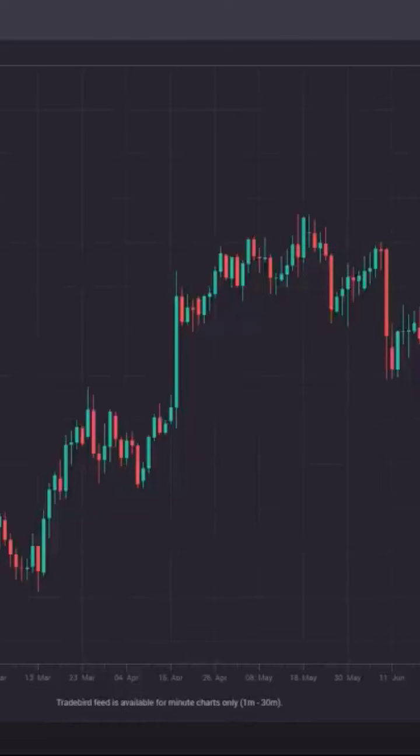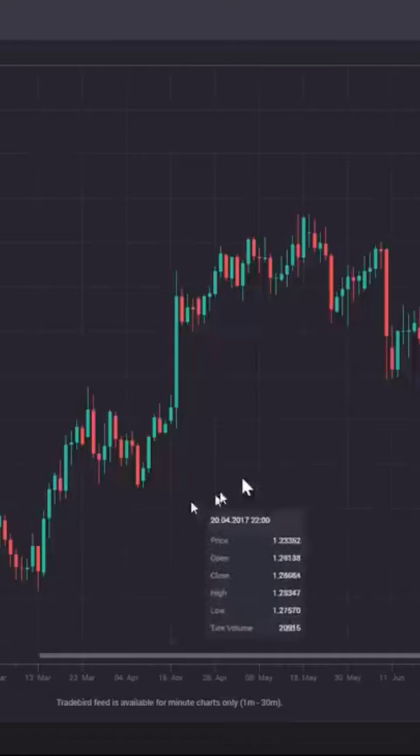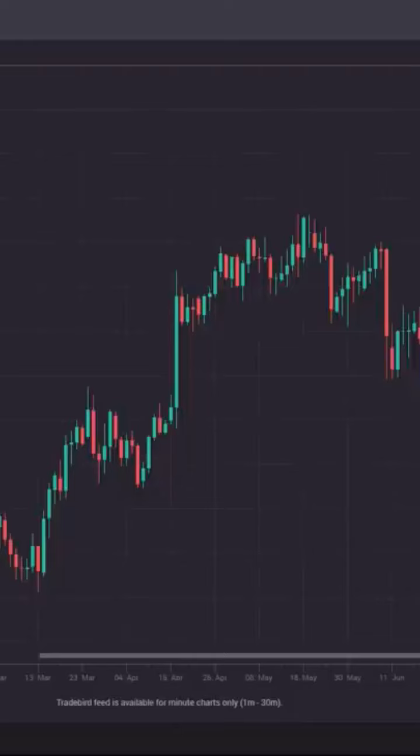So if we're looking here, in this example, pound US dollar, we can see at the beginning of 2017, so January 2017, £1 would buy you around about $1.22. At the beginning of September, the pound had risen in value and £1 would buy you $1 and almost 32 cents. So when we're looking at forex pairs, foreign exchange trading,